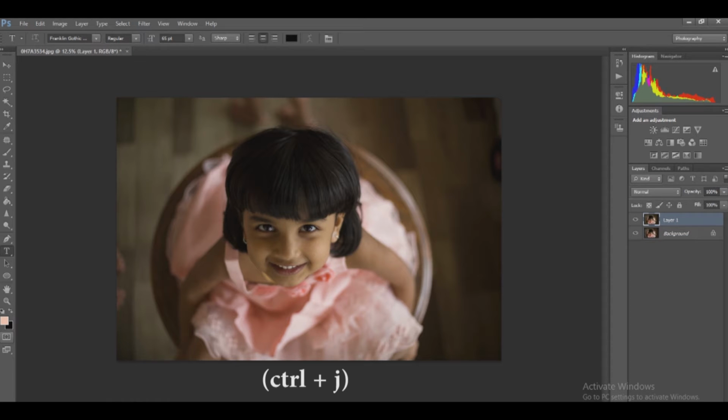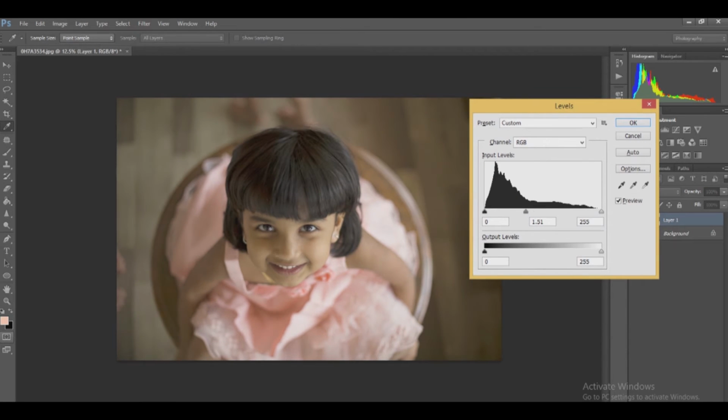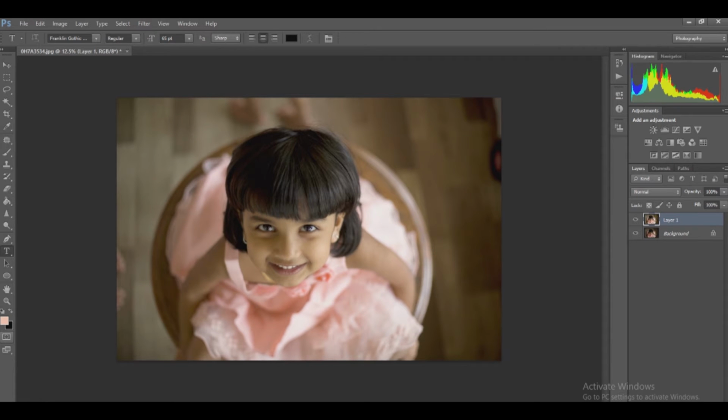Once it's duplicated, the image looks slightly darker. To brighten it, you can use levels or curves. For example, if you want to use levels, the shortcut is Ctrl L. For levels, you can just move the mid-tone slider and shadow slider, and you can increase the brightness. Or else you can